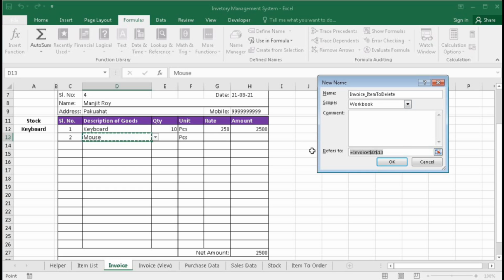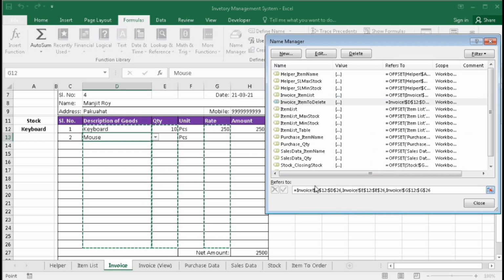The range will be equal to this range that we should delete, comma, quantity, comma, rate. Okay, this is the range. You can see here we have selected. Close.